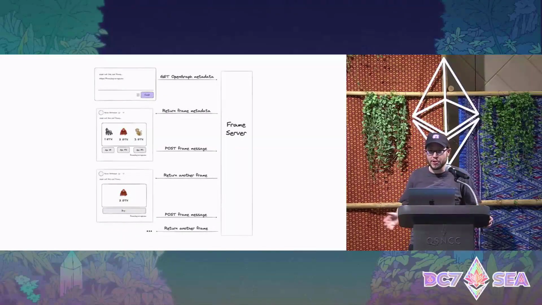It can return another frame, so on and so forth, sort of just back and forth HTTP request response cycle. So this means you can chain frames together to create workflows that have multiple steps. You can branch based on user input, return frame A if this, return frame B if that. And you can even compose frames, kind of like you might compose functions. You can have one frame make a request to another.